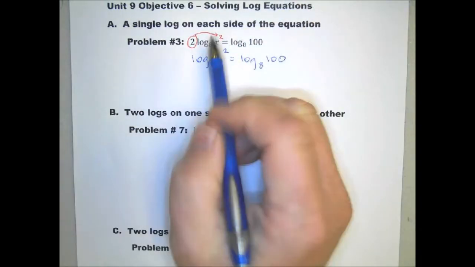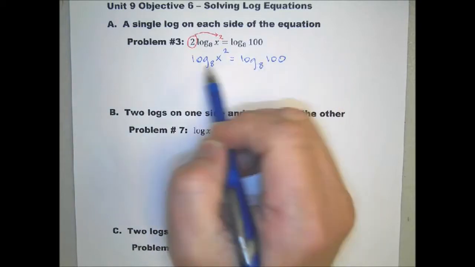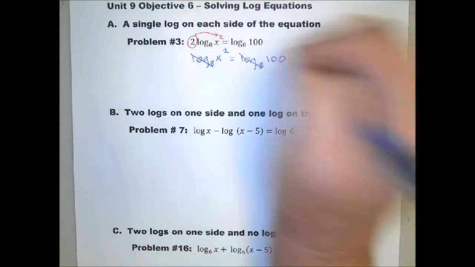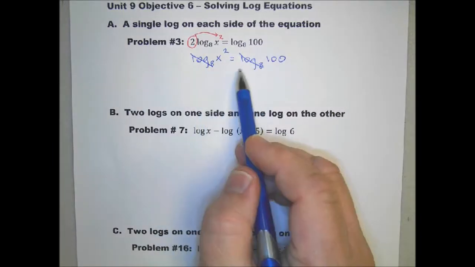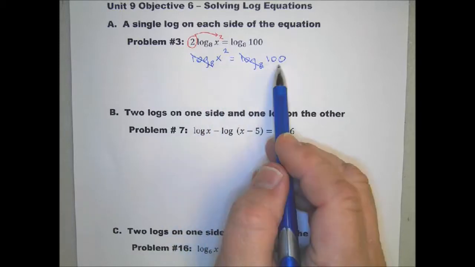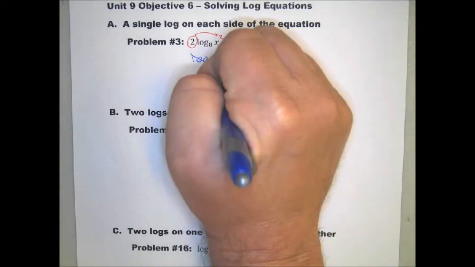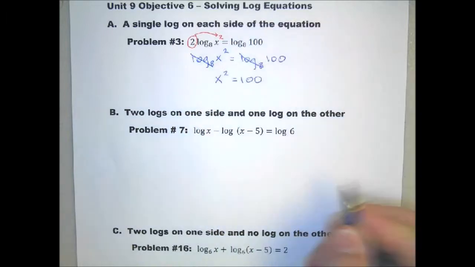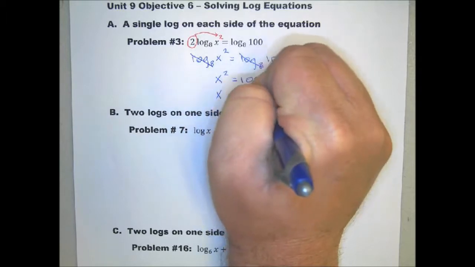Now, I have a problem that has a single log on the left and another single log on the right, both written in the same log base. So what I can do is use their equivalency. The fact that they're equivalent lets me do that. I call it canceling both logs, but it really isn't. But since they are equivalent terms, I can just drop the log base 8 on both of them and finish off the problem as x squared equals 100, which means x would equal the square root of 100, which is